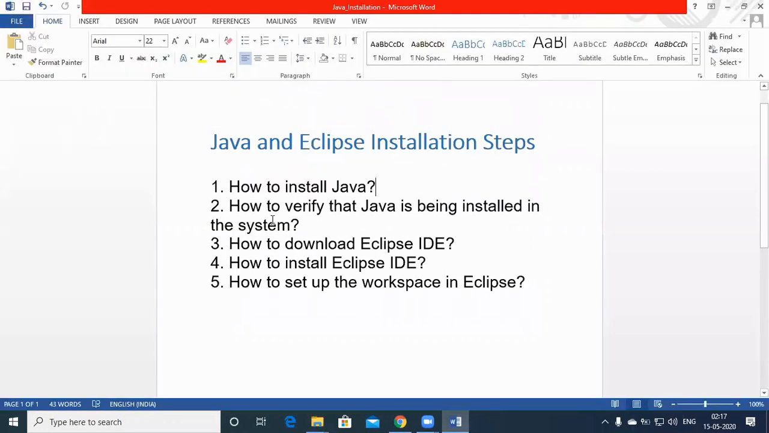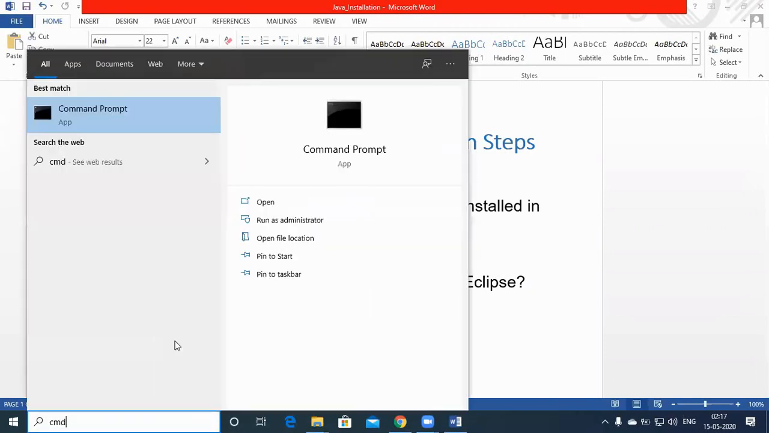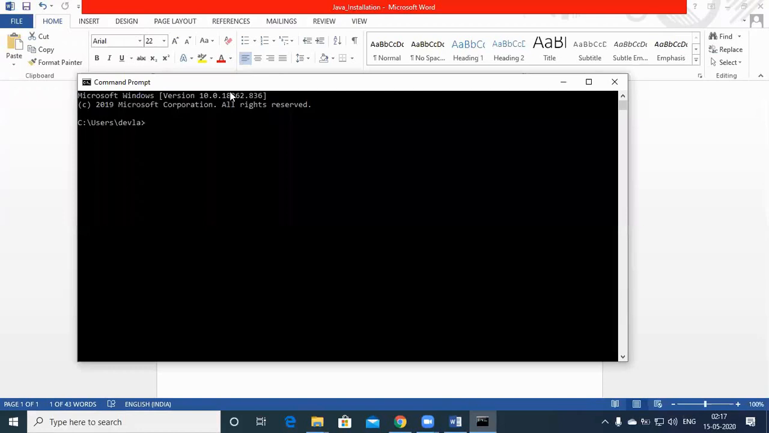Here, our first step of installing Java is completed. Moving to our next step, to verify whether Java is installed in our system or not, we will again open the command prompt and type the same command, java space hyphen version,